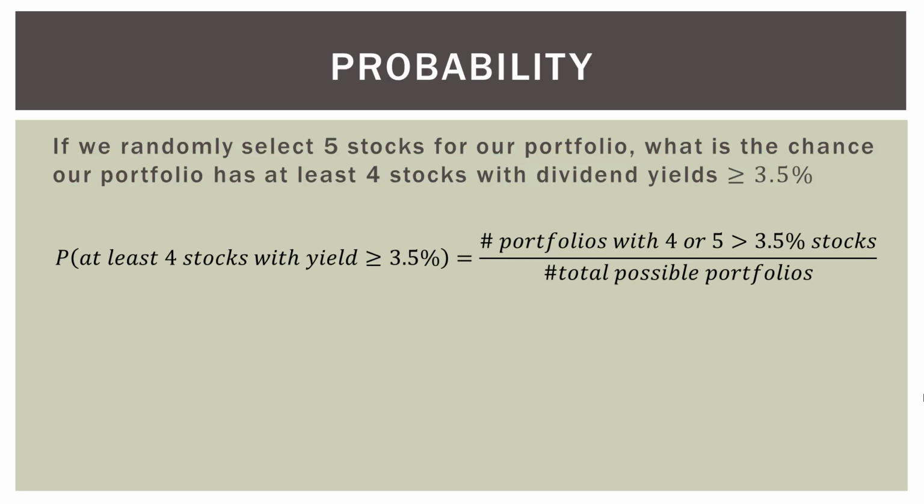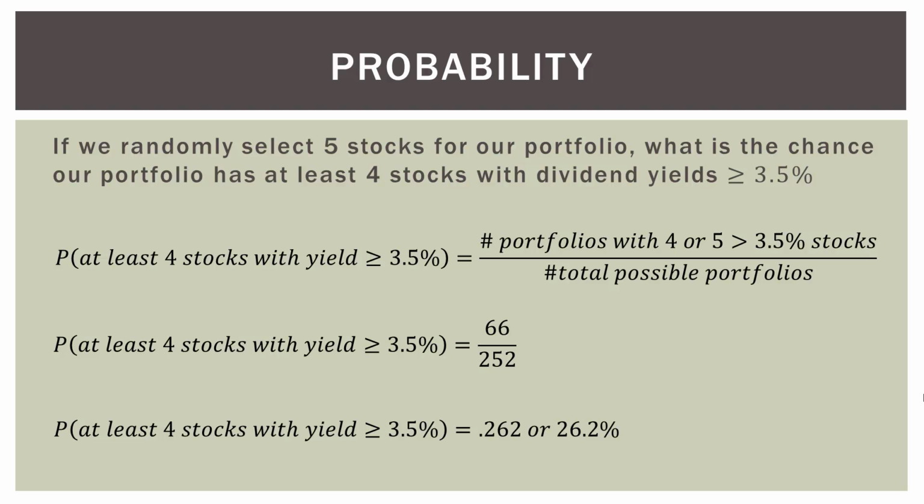So what does this come out to be? This is actually much simpler than it looks. I'm just putting the text of the problem here. The probability of at least 4 stocks with this yield equals the number of portfolios that have that criteria, so 4 or 5 stocks with yield greater than or equal to 3.5%, divided by the total possible portfolios, which was the first question we did in this series. So that's just 66 divided by our total number of portfolios, which was 252. We do that division, and that ends up being